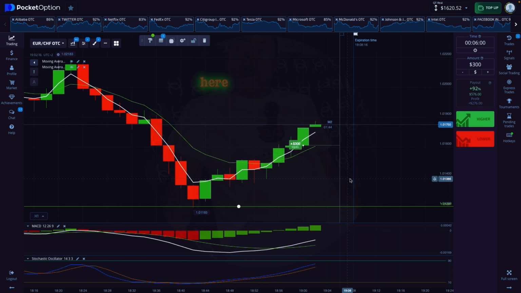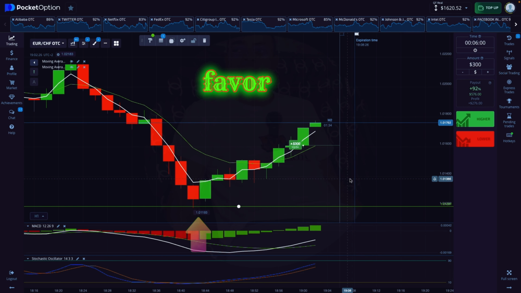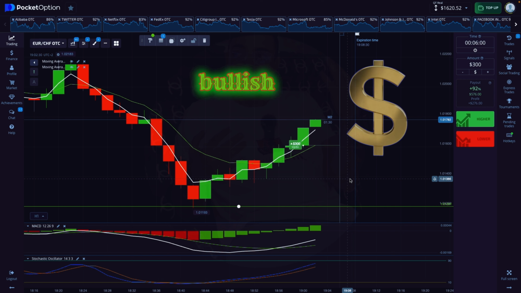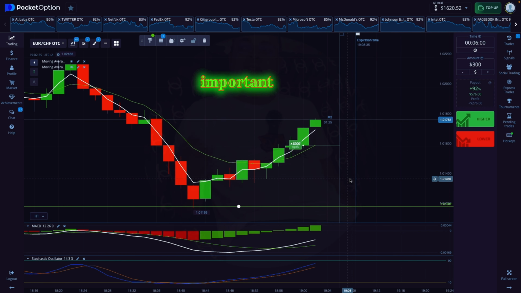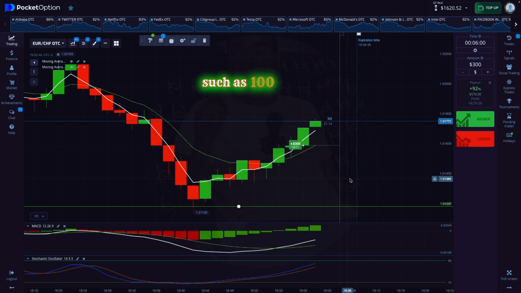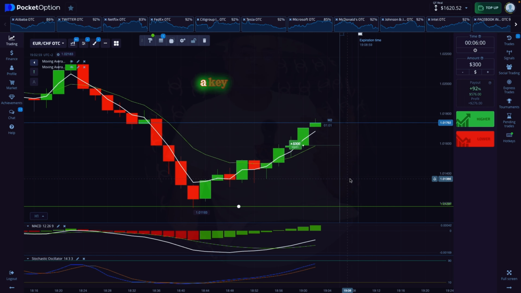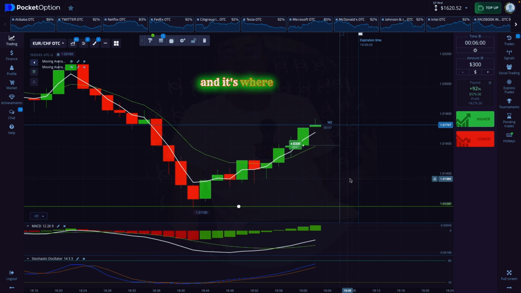Let's start. Here, look at the bullish engulfing pattern. It signals a potential market reversal in favor of buyers, hence the name bullish engulfing. It's especially important when it is formed not just anywhere, but say at a psychological value level, such as 100, 200, 300, 500. This is considered a key moment for us, and it's where we need to look for an